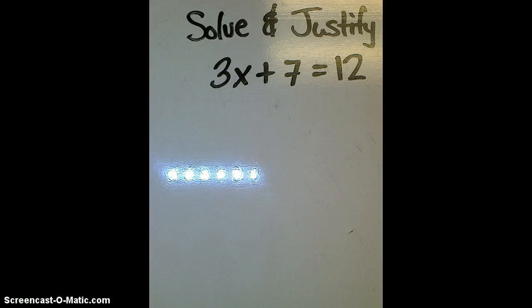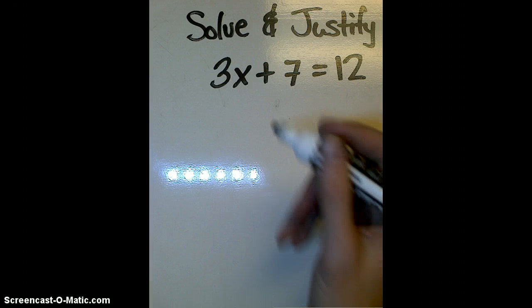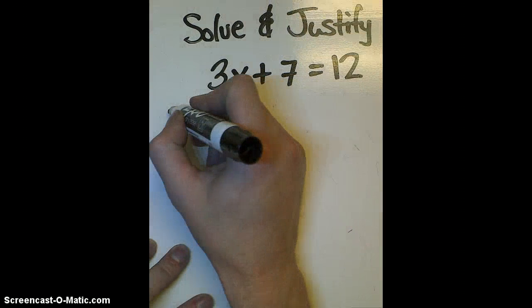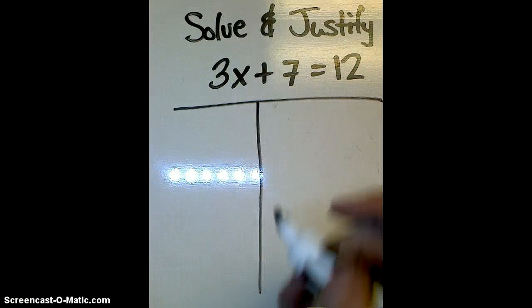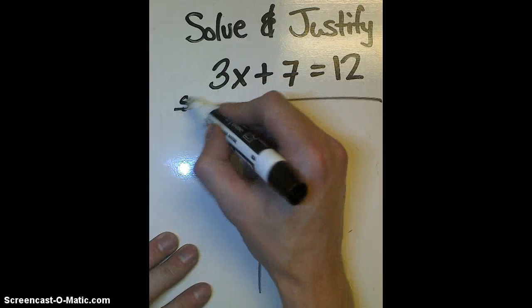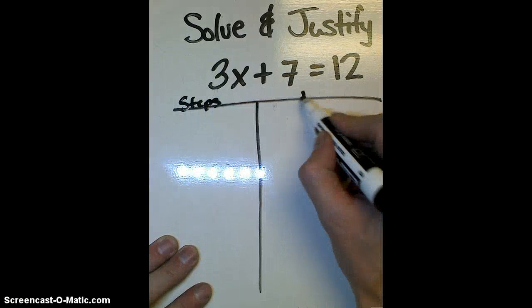All right, we are going to solve an equation, but we're also going to justify. We're pretty good at solving equations, but to justify means to kind of prove or use the properties to explain why you can do each step. A nice way to organize this is in two sides. I'm going to have my steps on one side, and my justification